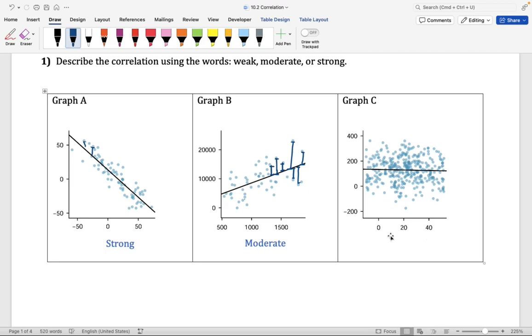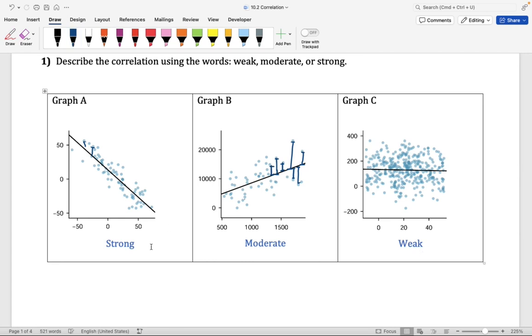Now, the last graph has a weak correlation. Notice here, we don't see a linear pattern. Now, we do have a regression line on this scatter plot, but remember, on Google Sheets and Excel, you can insert any data values and you can ask Excel and Google Sheets to give you a regression line. It doesn't mean that it's going to be a good model for the scatter plot. It's just going to give it to you. So you need to determine, do I actually have a linear relationship? For this one, we would say no. This is really weak, very weak actually.